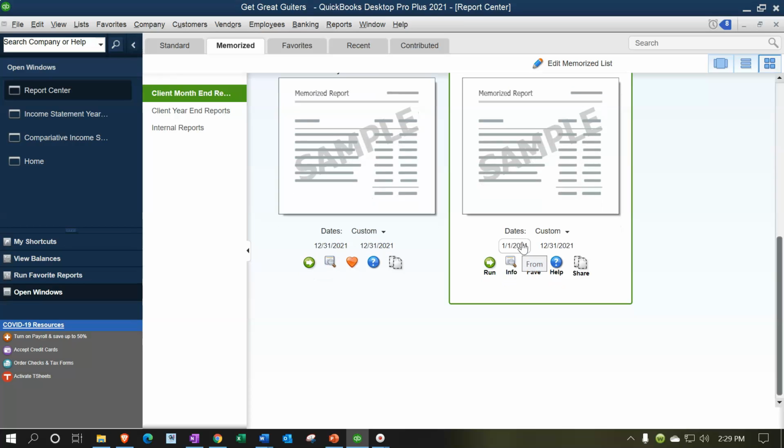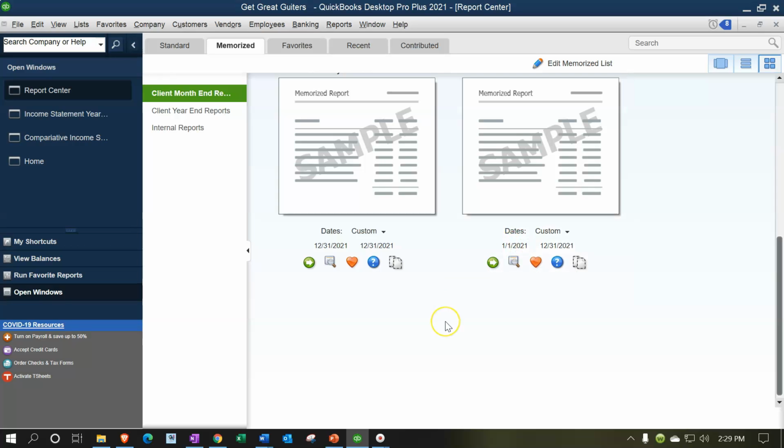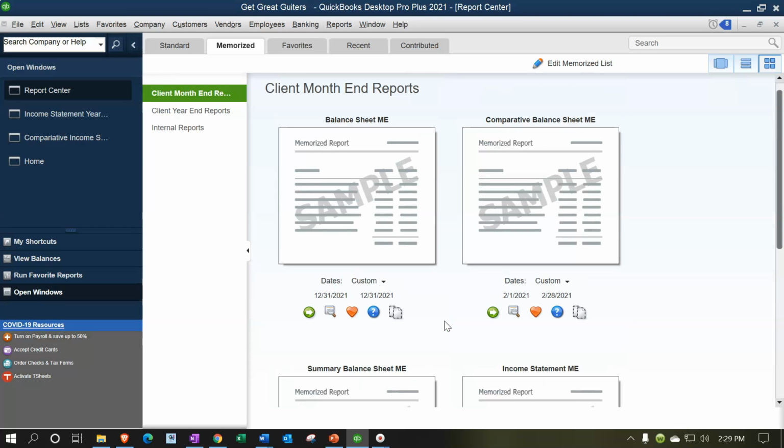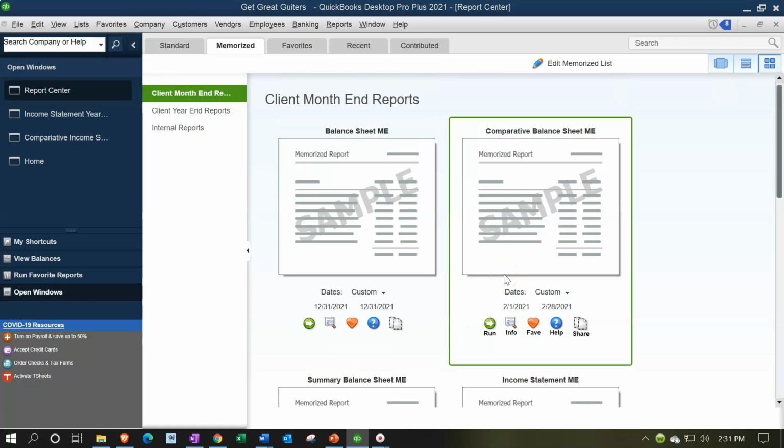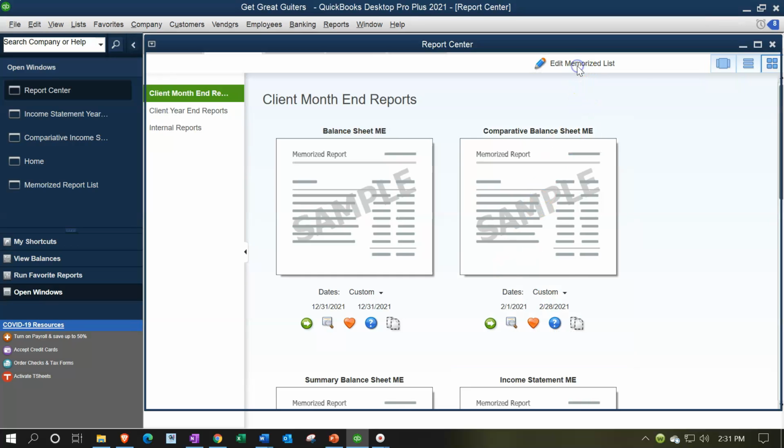If I was to have someone work on these reports, they can open them and then send them out without basically having to reformat them or try to figure out what the formatting was the last month, when we sent this information out. You can also, if you wanted to say, look, it's the month end and I want to just basically display all these reports or print them, you could go to the edit memorize list up top,